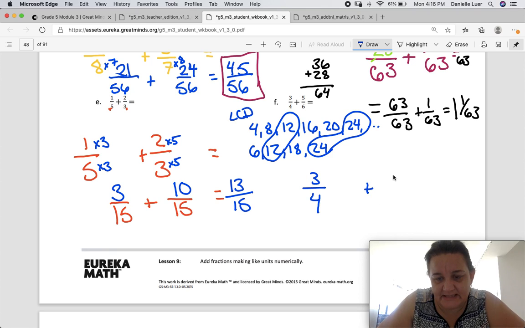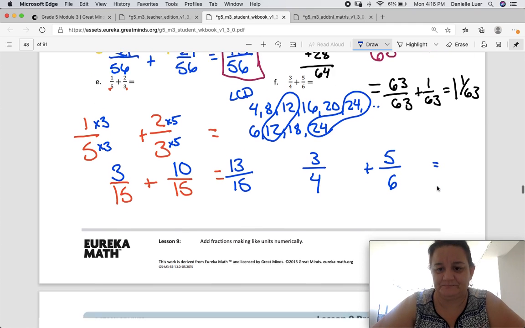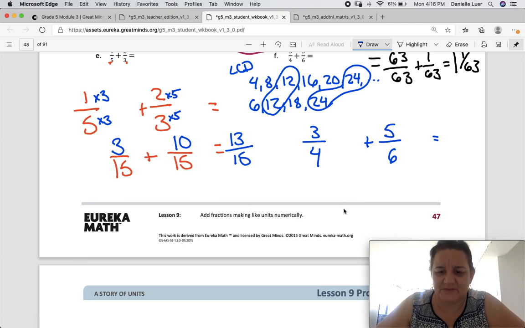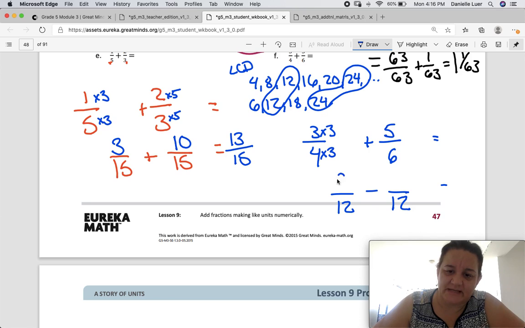3/4 plus 5/6 equals, and I want my common denominator to be 12. So 12 and 12. I just found that out by skip counting there. So to get to 12, well, what makes 12? I would have to multiply 4 times 3 to get 12. So whatever I do to the bottom, I have to do the top. 3 times 3 equals 9. And here, 6, well, what can I multiply there? I don't want to multiply by 4, that would give me 24, and I want 12. So I'm going to multiply by 2,